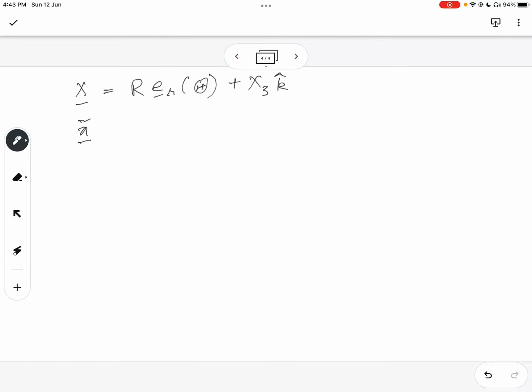X tilde is given as r e_r(Θ) plus small x3 k̂, where small x3 is λ capital X3 and r is some function of capital R, and small x is given as r e_r(θ) plus x3 k̂, where small θ is capital Θ plus ψ x3,